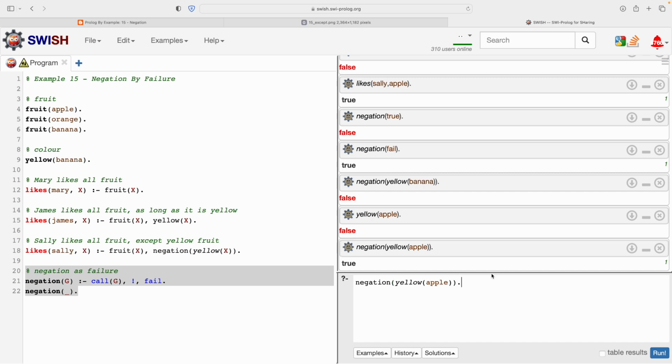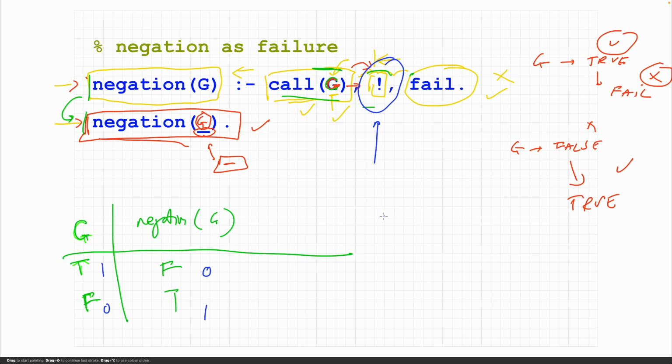We could stop there because we appear to have defined something really useful, the negation property. In fact, it's so useful. Lots of Prologs actually have a symbol for it, almost like its own built-in property. So rather than saying, you might think it's not G or not X, and actually the early Prologs did have not, but more modern Prologs have moved away from not to